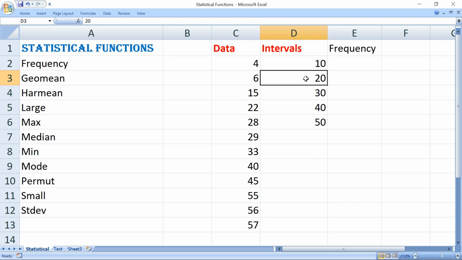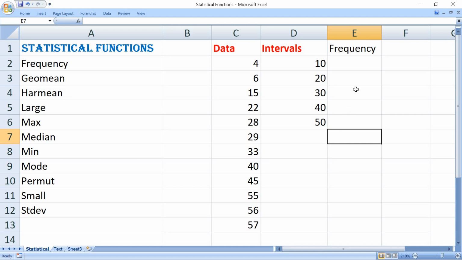Second one is from 11 to 20. How many numbers fall under the category 21 to 30. Next we have to see for 31 to 40. And later we have to see from 41 to 50. Above 50 also has to be counted. That will go for the last cell.